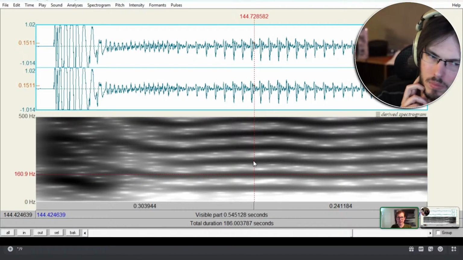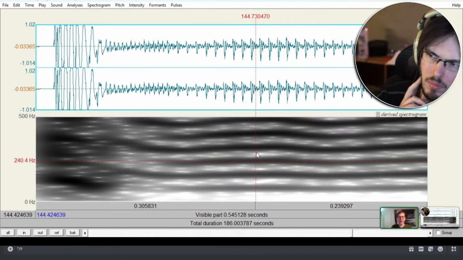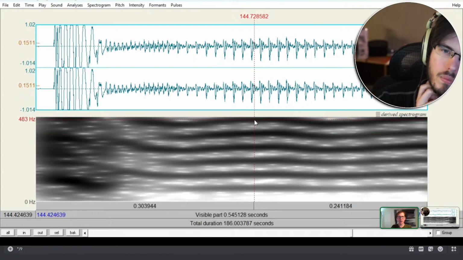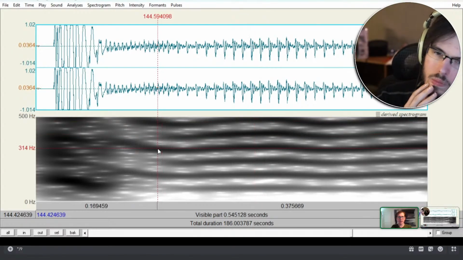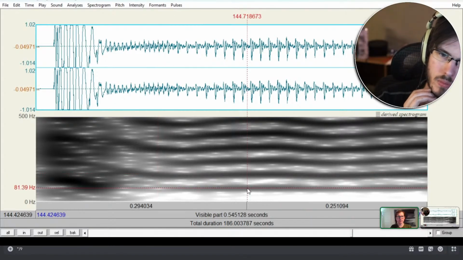If we look at the next harmonic above it, we're at, I think it's usually closer to 225. We're looking at fairly evenly spaced multiples here. And some of them are the same as the vibrations we saw before from the true vocal folds, and the others are in between.